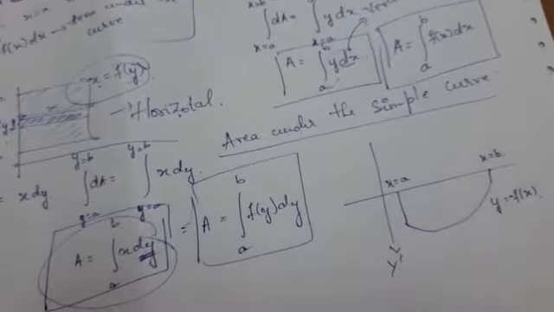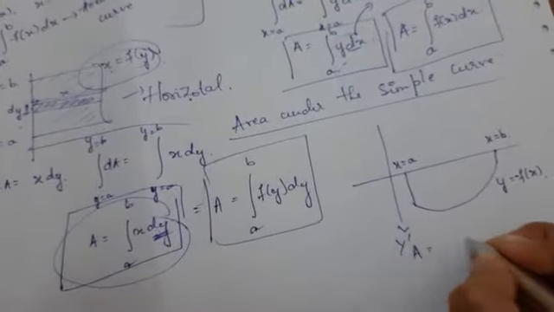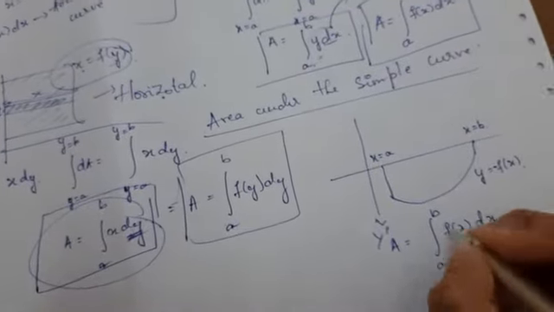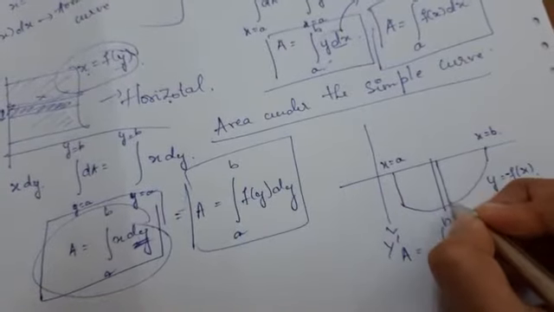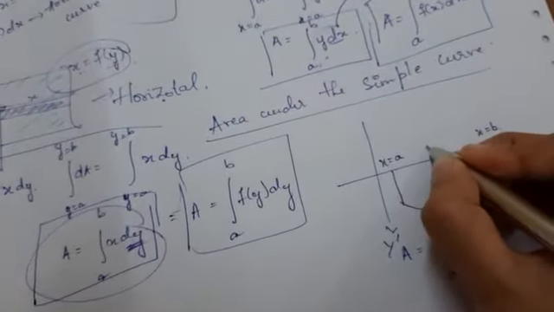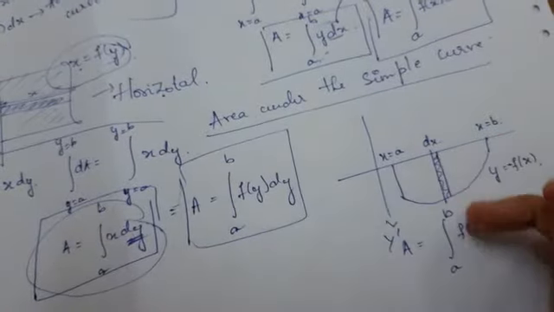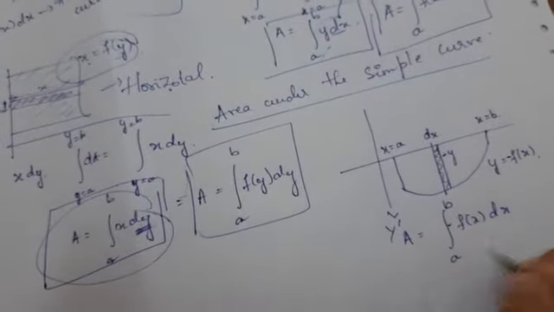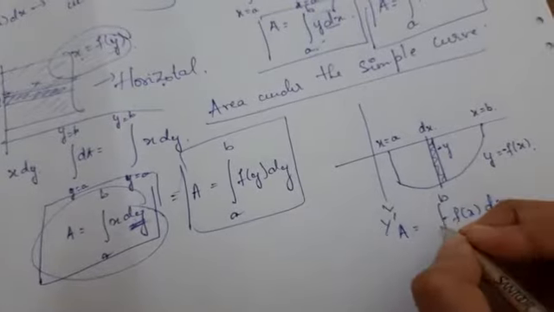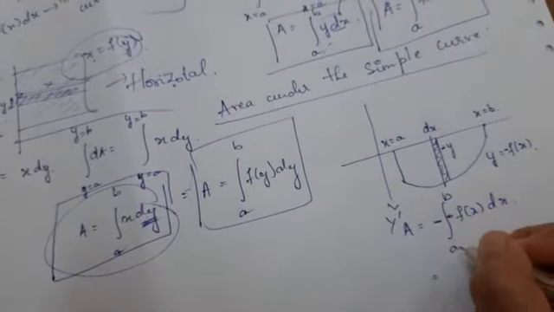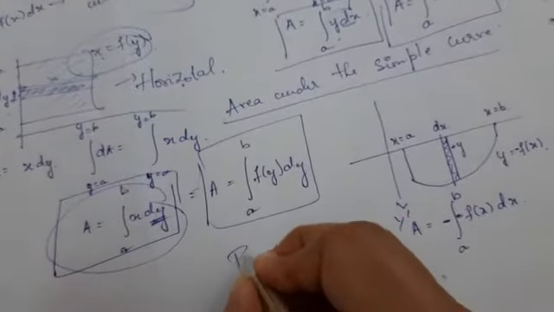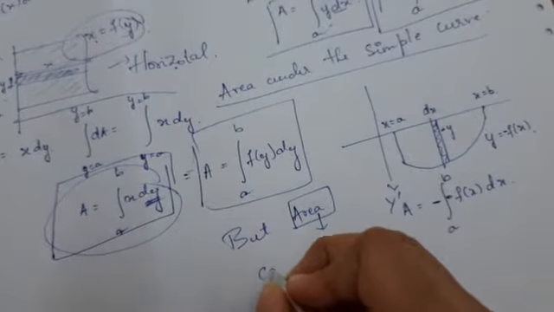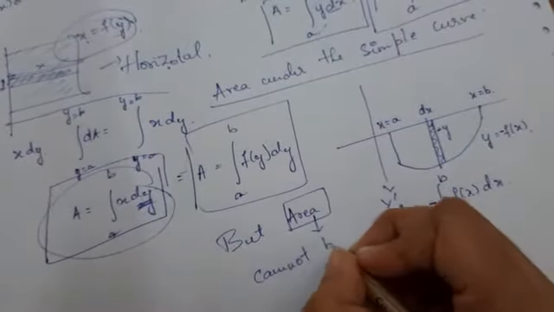So that's why here our y is negative. Suppose I need to find the area, integrating a to b f of x dx. Again here also we are taking one vertical strip, so the width will be equal to dx, and the length of the strip will be equal to minus y. So integrating, we are going to get minus f of x. So the area will be equal to minus integral a to b f of x dx. But when it comes to area, area cannot be negative.